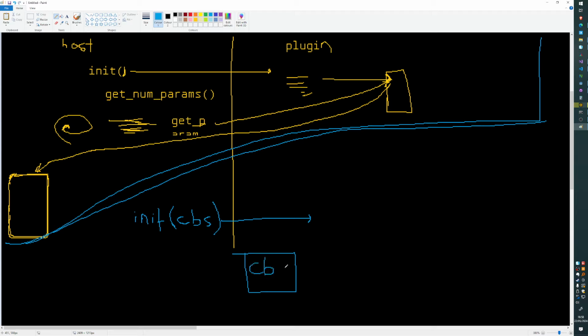So I have a bunch of function pointers. The init function of the plugin, instead of having its own database of parameters, the only reason it has this database is because the host, right after calling init, is going to query it for information about the parameters. And then there's no reason for it to really exist, well, there is a reason for it to exist, because during the DSP we also need that information. But anyway,